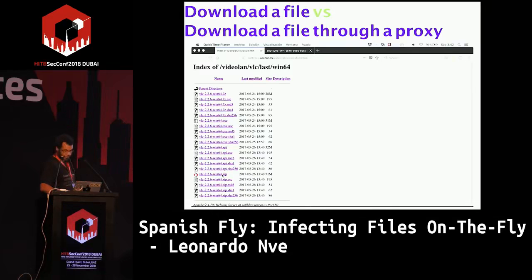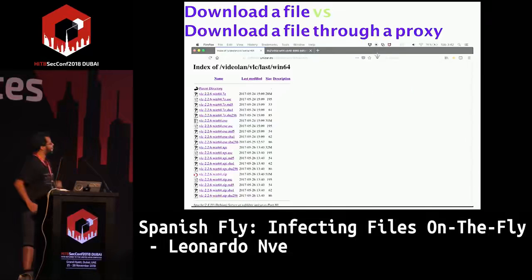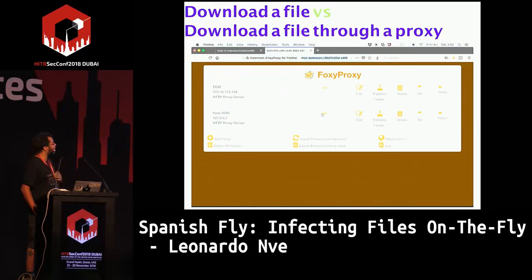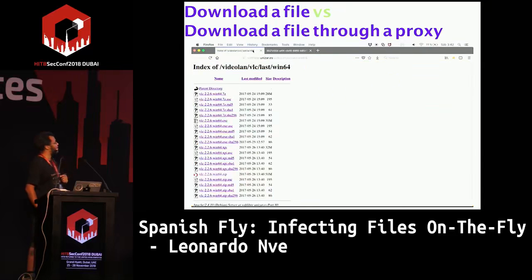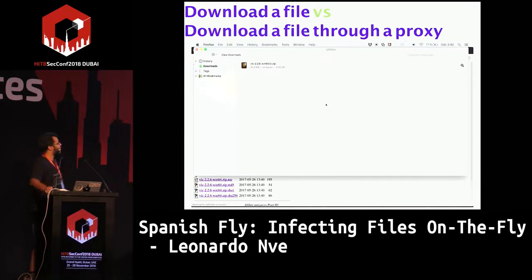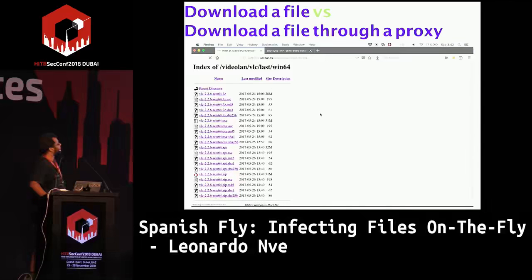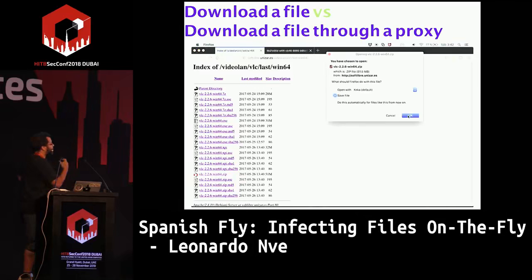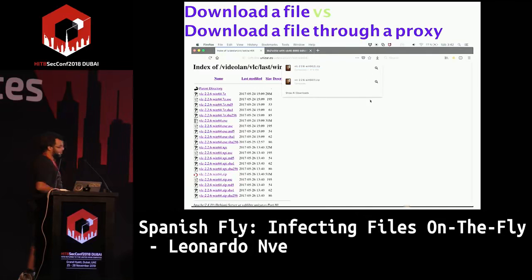Okay, for example, when we download a file, this is what happens. You see the bar, the progress, etc. Now think that you are in a man in the middle, and now you have a proxy server. Here I'm using Burp, for example. The target clicks and is waiting. Nothing happens. The target is saying, where is the file? There is no file, there is an error. But the proxy is thinking, and suddenly it disappears, and fast we have the file.